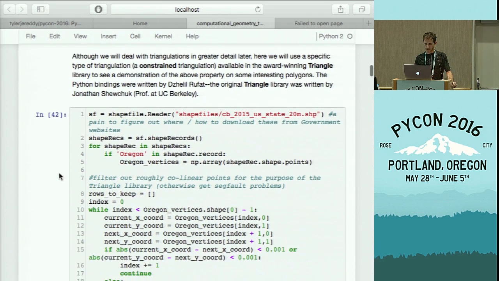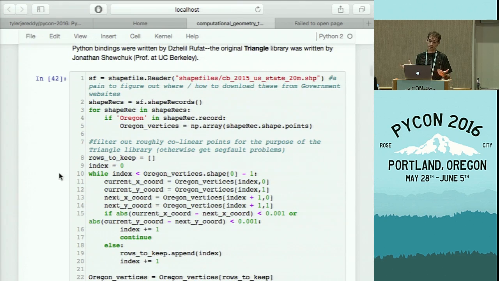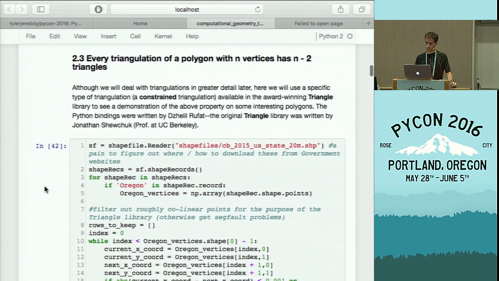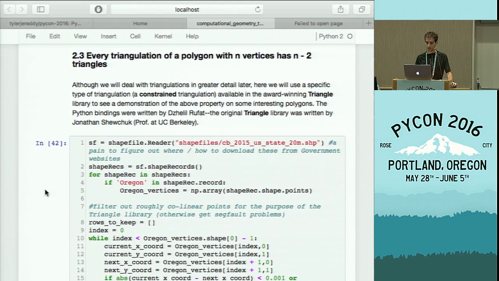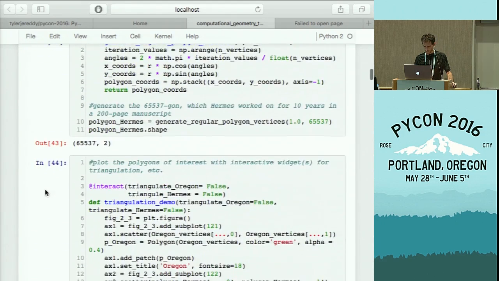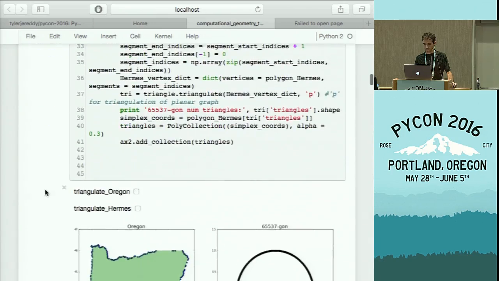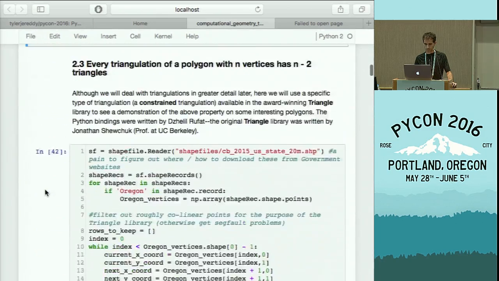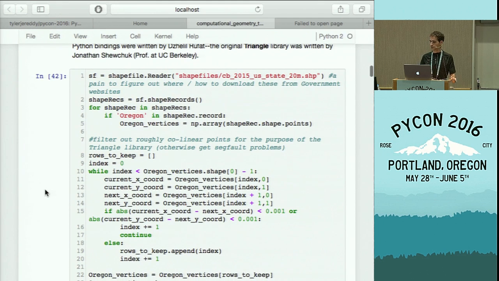So this is one of the, I had actually never used this before, but it's actually a really popular library for doing constrained triangulations. And so I picked two cases for doing the constrained triangulation. And one of them I thought it would be nice, because we're in Oregon, to actually take the shapefile data for Oregon. So if you don't work in geographic information systems, and I don't either, they have these things